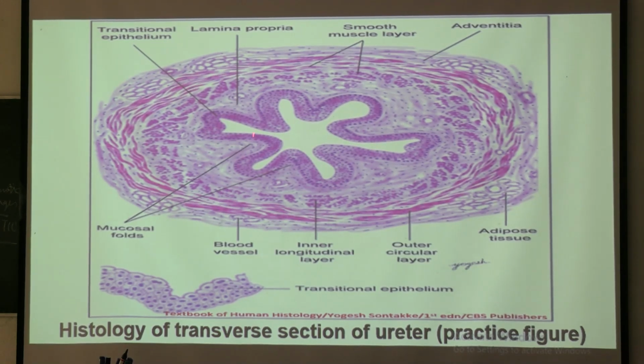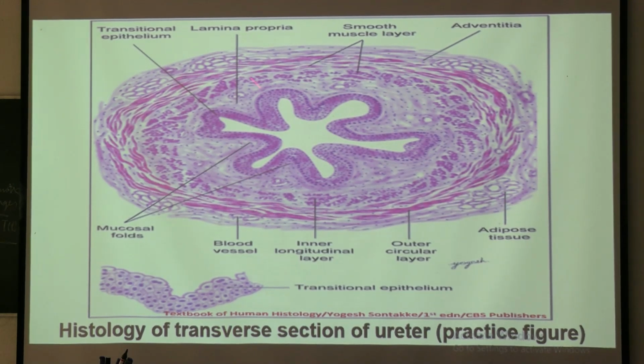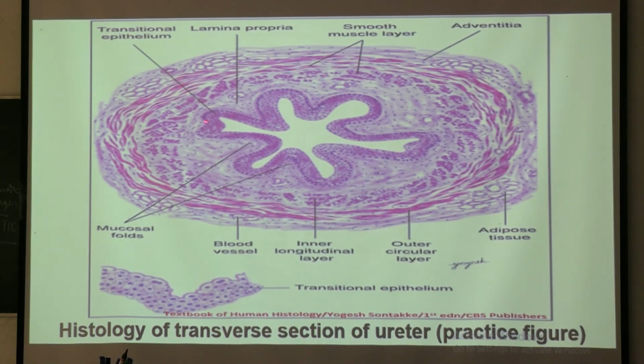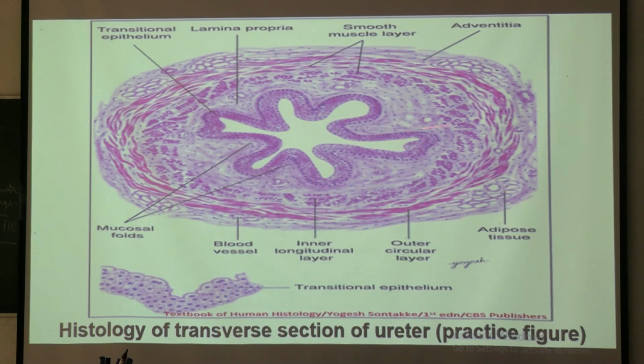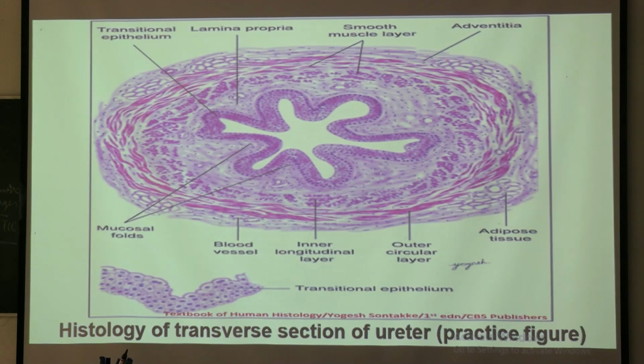This is ureter. You can see lumen is star shaped. This is an important feature. These are the longitudinal folds, and due to these folds, this is a star shaped lumen. And this is lining epithelium. You can see prominent rounded dots in multiple layers. It is multi-layered epithelium, transitional epithelium, and below it here is the lamina propria, some connective tissue layer. Then there is the muscle layer.